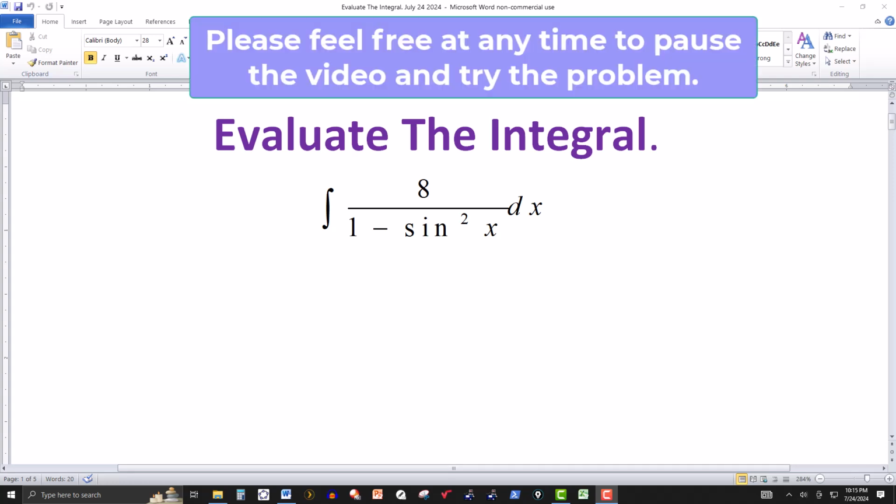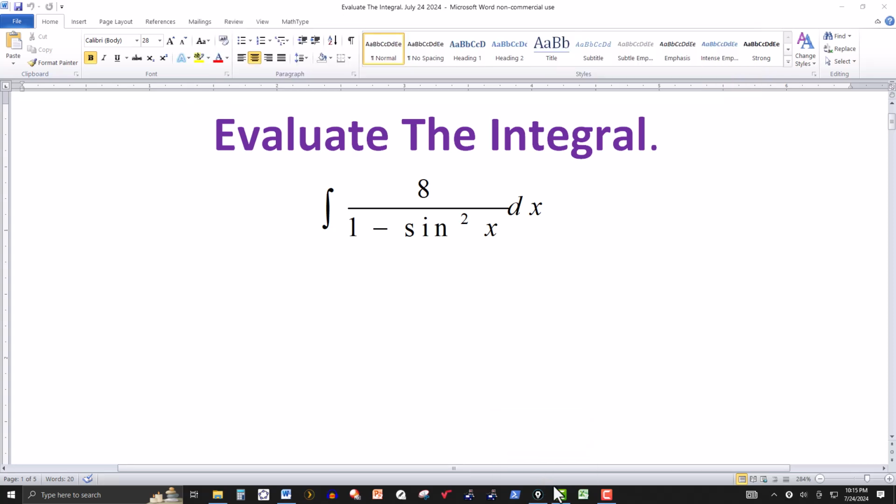In this video we have the integral of 8 over 1 minus sine squared of x. And this doesn't require any special substitution, standard U or otherwise. Just some basic trig identity. Let's say this is equal to 8 over,